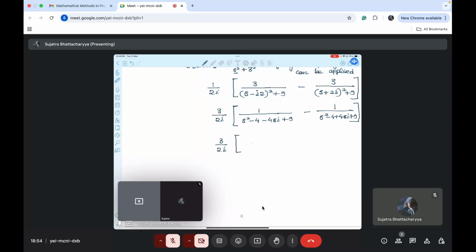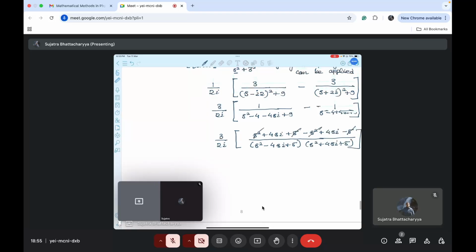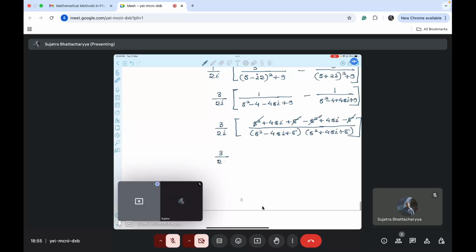And what next? You can just take this s square minus 4i as s square plus 4si plus 5. All right, so in the numerator, it will be s square plus 4si plus 5 minus s square plus 4si minus 5. So what will happen? s square and 5 cancel. You finally get 8si,